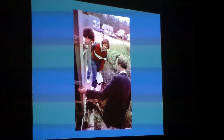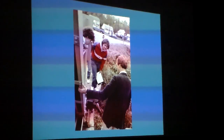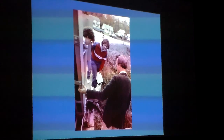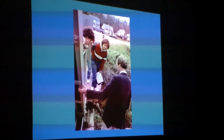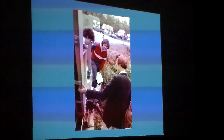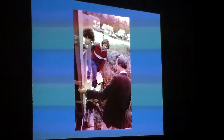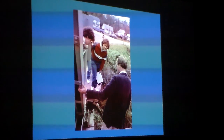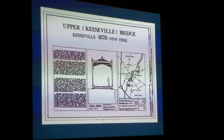Some of you in the room remember when it was closed, not this time, but back in the 80s. When it was closed in the 80s, Jim Finnegan was mayor. And Jim Finnegan, as you remember, was a great believer in the village of Keysville and rallied a lot of support around the preservation of the bridge and eventually found some federal money to fix it up and to reopen it. But when it was closed, it attracted the attention of the Historic American Engineering Record, which I've mentioned before. And this man here on the right is Eric Delony, who was the chief of the Historic American Engineering Record, who actually came to Keysville with his field crews. And we invited students from the University of Vermont Preservation Program to do a whole workshop around documenting and understanding the bridge,